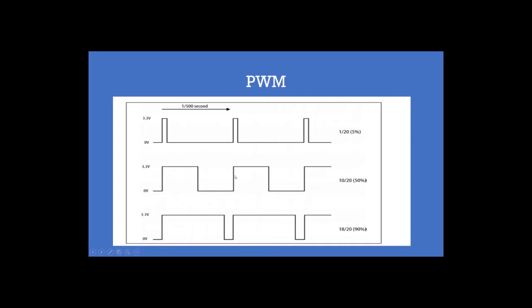In the second waveform, with the same frequency, I am generating a 50% duty cycle pulse. That means for 50% of the same pulse duration I am keeping the pulse on, and 50% off. In the third waveform you can see a 90% duty cycle pulse, in which for 90% of the single pulse duration I am keeping the pulse on, and the remaining 10% off. So the more duration I keep the pulse on, the more power will be delivered. That is the idea behind delivering power by varying the pulse width.